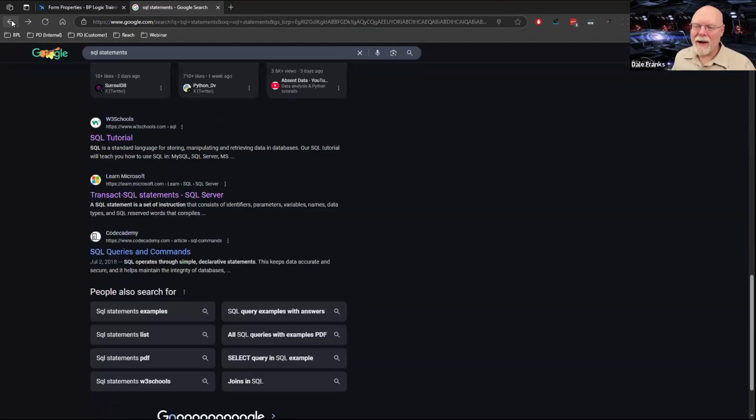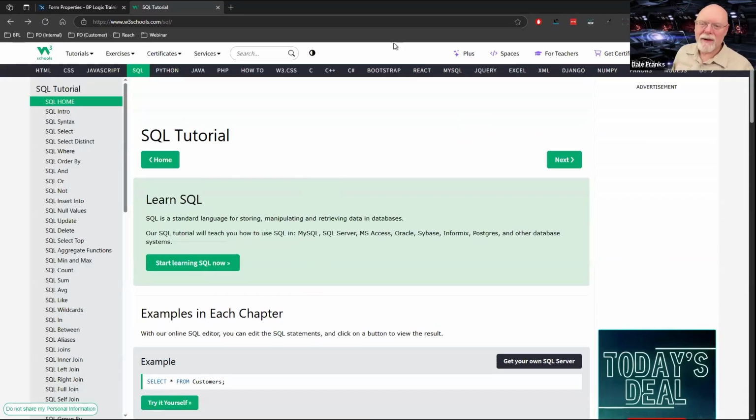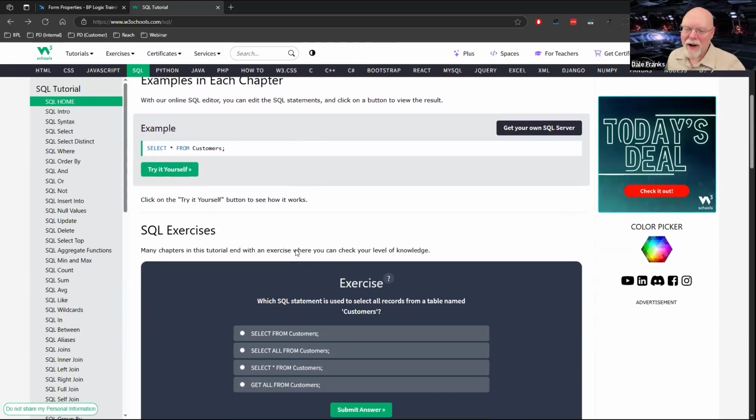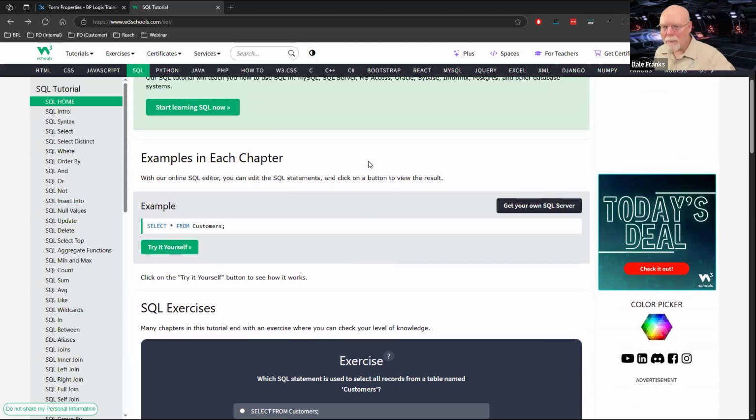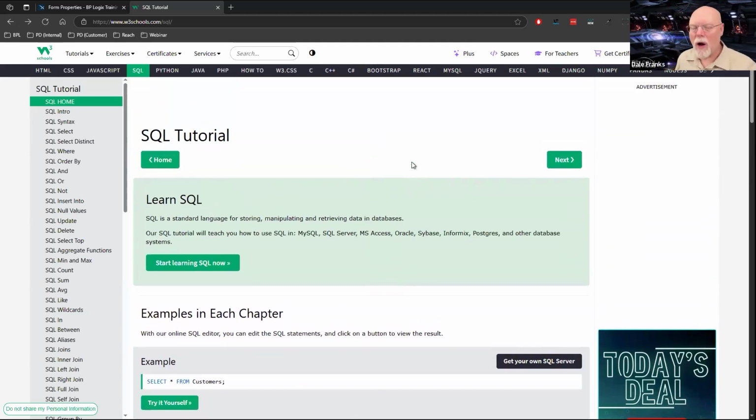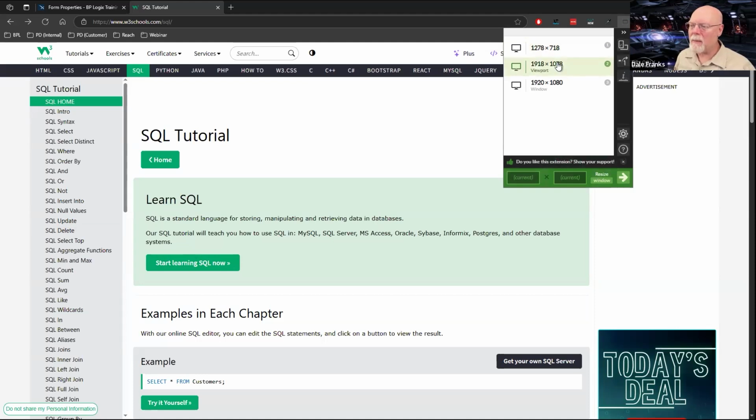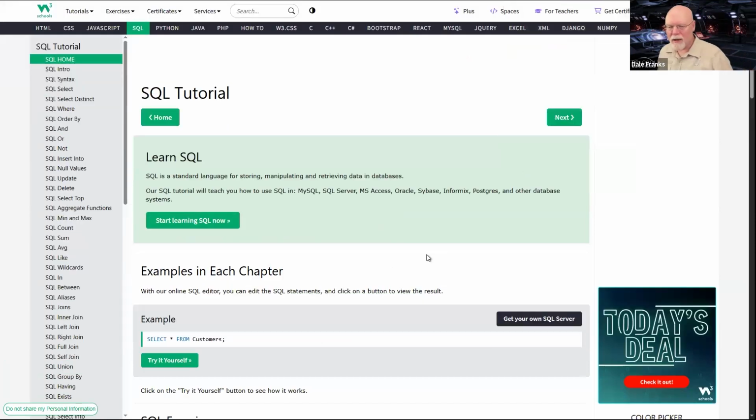So I strongly recommend w3schools.com/SQL because, just like I did last week, they start you off at the very simplest level and give you good, simple examples to use, as well as the ability to go into the Try It Now section and just play around with the SQL statement to be sure that it does what you want it to do and that you understand how to make it work.